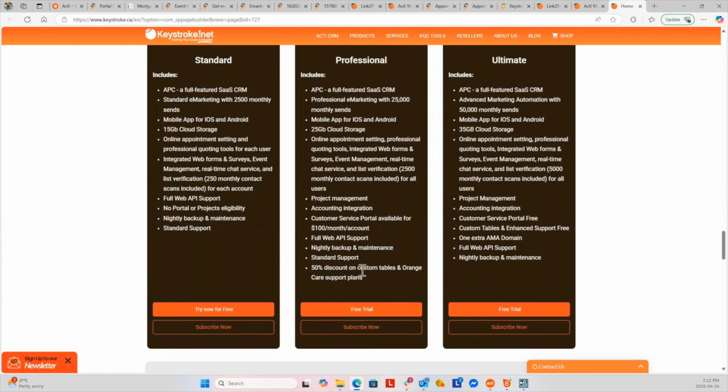And then you see 50% discount on custom tables and Orange Care. Then the last thing under Ultimate, 50,000 sends, an additional 10 gigs on top of the 25. All of the advanced features that you saw there, project management, accounting, but now you're seeing portal included free. You're seeing custom or hands-on customer service, and you're seeing custom tables included free. So each of those things, if you think about it, if you're looking at,